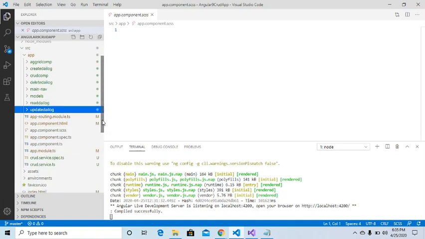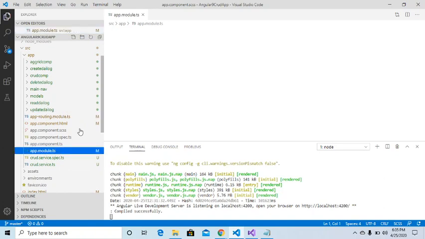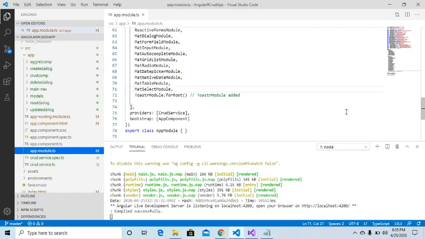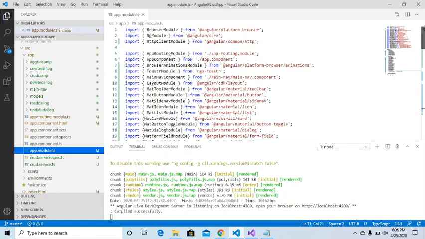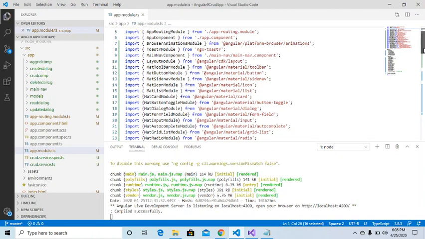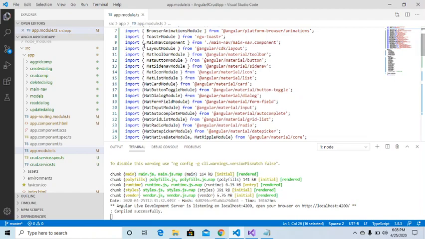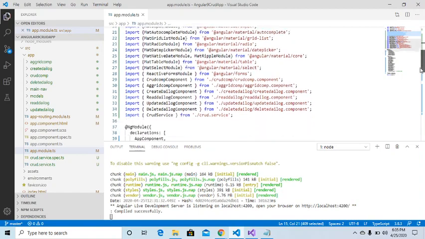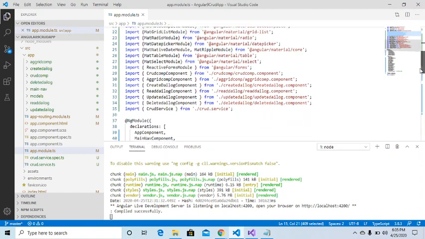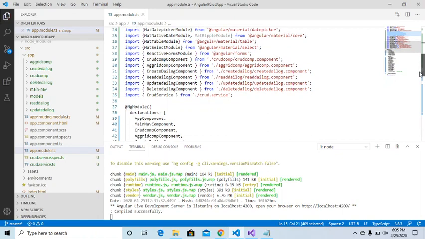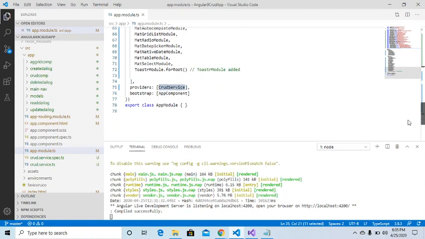On top of that, we will first check the module.ts, what is there in the module.ts. So we'll go to the import statements. These are different import statements, such as HTTP client for interacting with the RESTful service. Then we have routing, browser animation, and toaster modules. These are the things which we have imported, and a few Angular material components or material module. Then we have imported the service as well. This service I have imported over here in my provider so that it will be available globally.